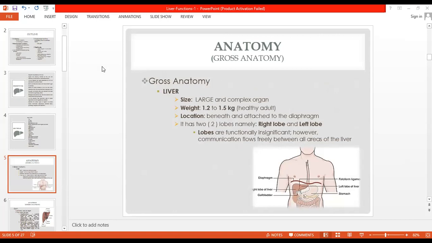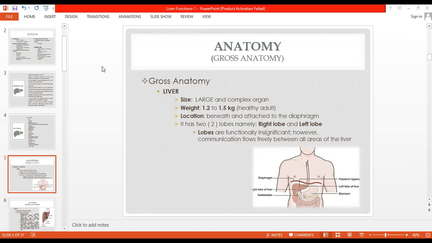So now we have the anatomy, the gross anatomy. We have two different anatomy: the gross anatomy and microscopic anatomy. So for the gross anatomy, understanding the function and dysfunction of the liver depends on understanding its gross and microscopic structure. So the liver is a large and complex organ weighing